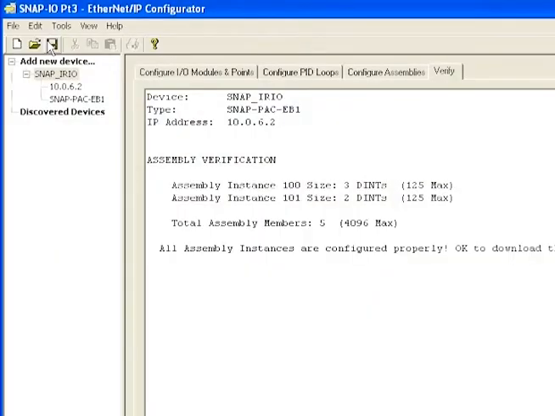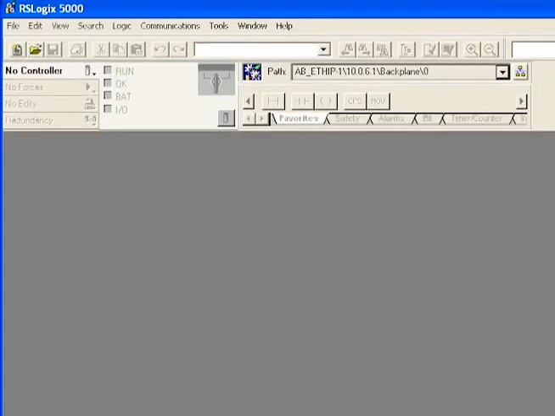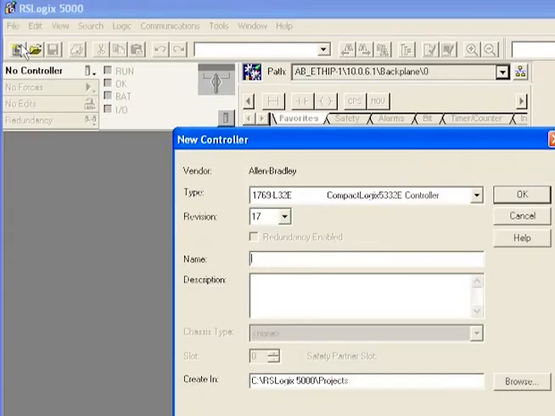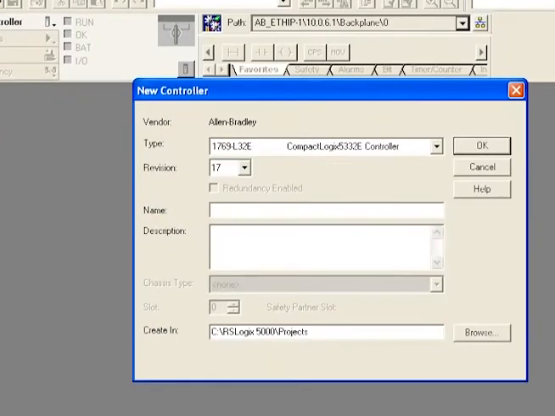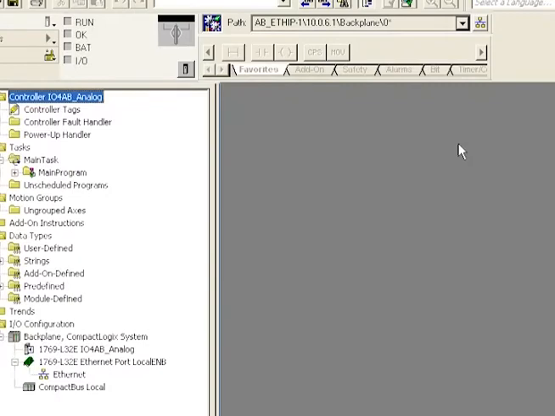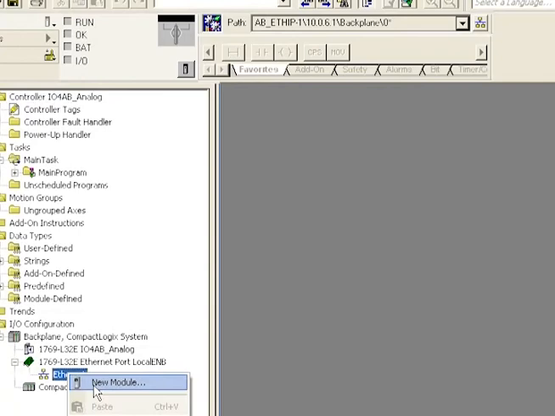Time to go to RSLogix 5000, Rockwell Automation's programming language for their Logix controllers. To keep things simple, I'm going to start from scratch with a new project. I'll go to File, New. Our controller type and software revision number are correct, so I'll type I/O for AB Analog as the project name and click OK. We need to add the Snap I/O unit, so under I/O Configuration, I'll right-click on Ethernet and